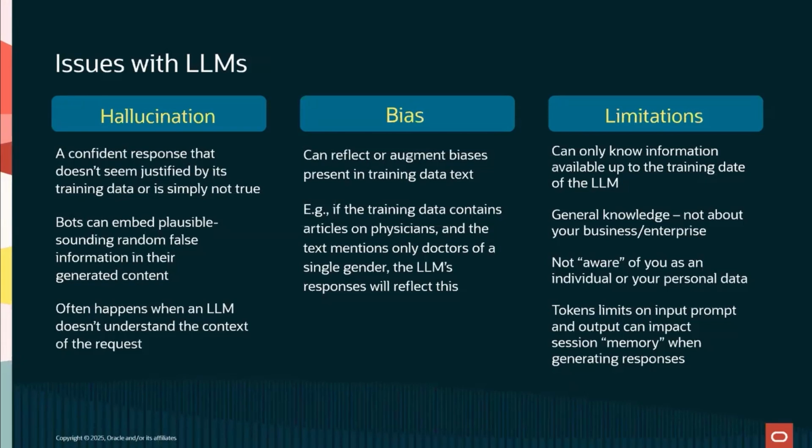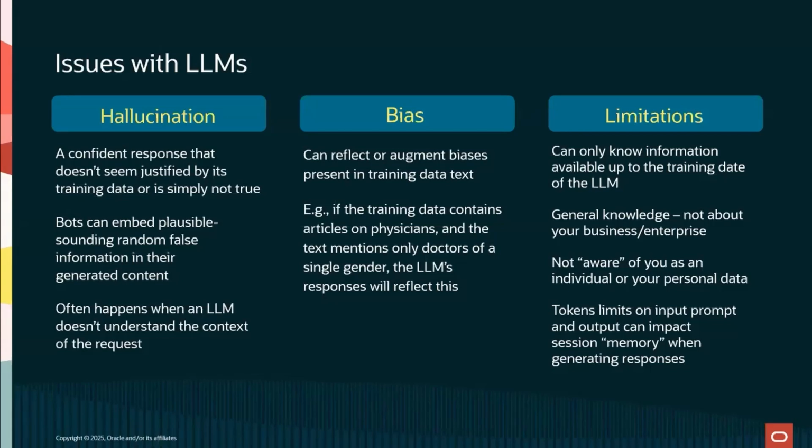Now, in other cases, also related to training data, is bias. For example, one can't expect an LLM to answer questions accurately if it doesn't have experience, that is, the training data in that area. Like, what if you had training data that contained articles on physicians and the text mentions only doctors of a single gender? Well, we can't expect the LLM's responses to reflect anything but this. And there are